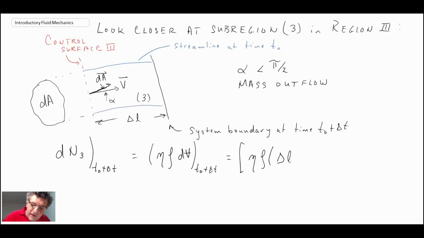So the length was delta L. Now remember, the area and the vector itself might be a little bit off with respect to one another, and so consequently what I'm going to do is I'm going to put cos of the angle, because this volume is parallel to the streamlines, but the area itself might not be. And we need to be able to preserve that or take that into account. So that's what we're doing by introducing that cos alpha. And we get that expression. So out of that,